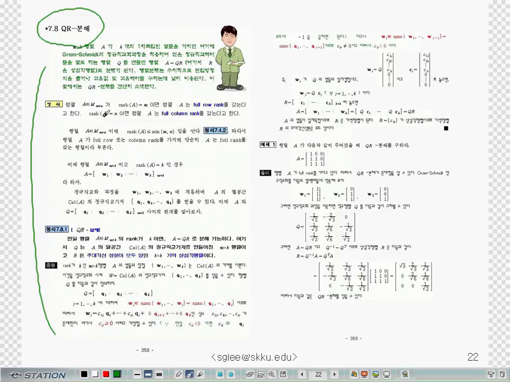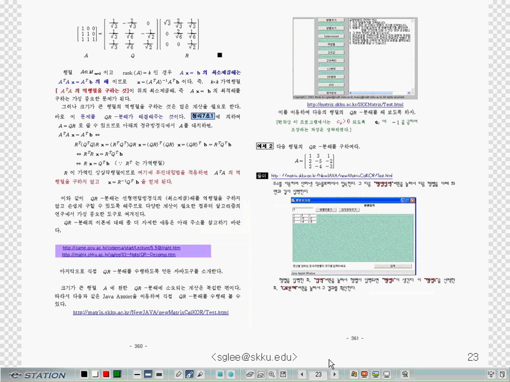Suppose we have a matrix A, then that can be written as QR with a unitary matrix Q and an upper triangular matrix R. If we can do so, what we can do is this. The reason for learning QR factorization is when you solve AX equals B, the linear system of equations,